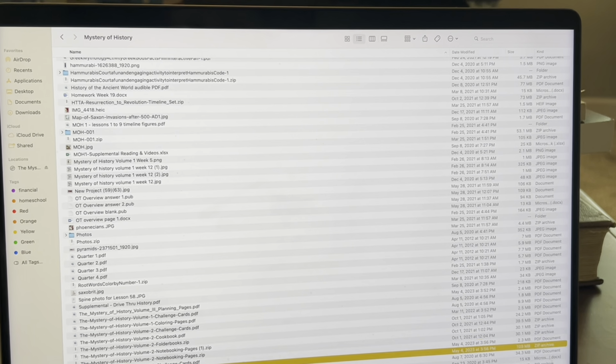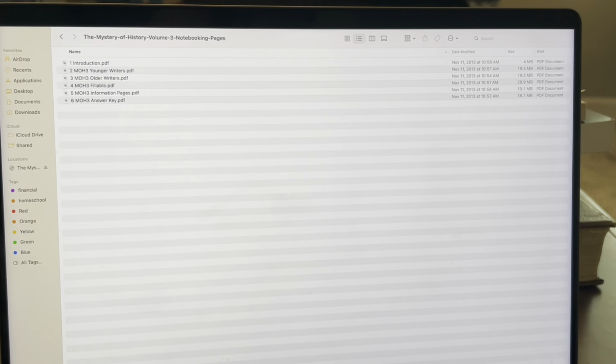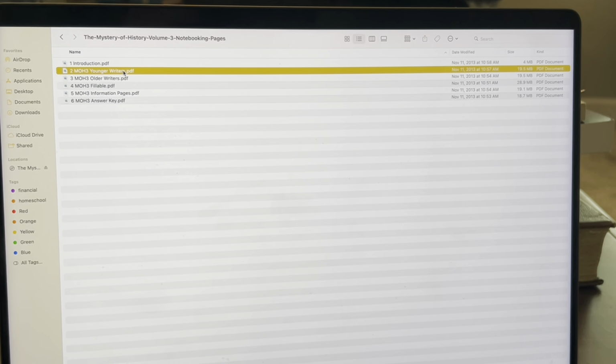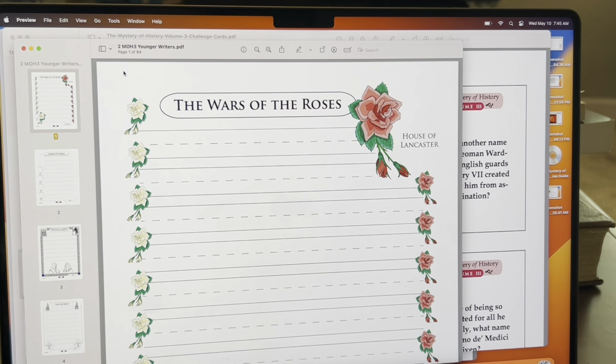And then I always use the notebooking pages, and I want to show you what those look like. If I can open up that file. So I order these from the Mystery of History website too, every time we start a new volume. There are several versions of this, so I'm going to show you each one. The first one is for younger writers, and it has the actual handwriting paper. So for each lesson,